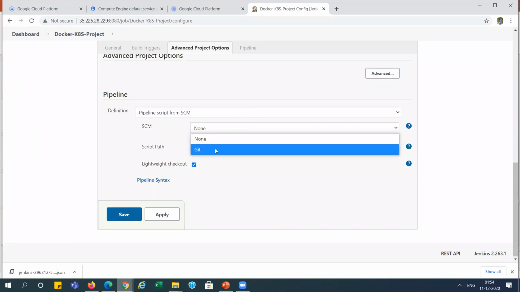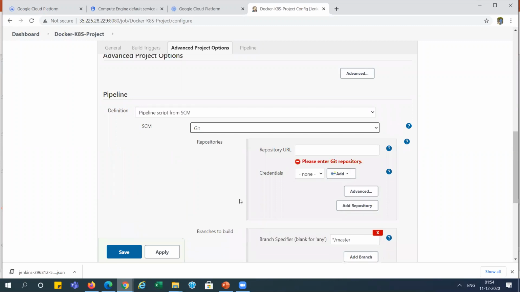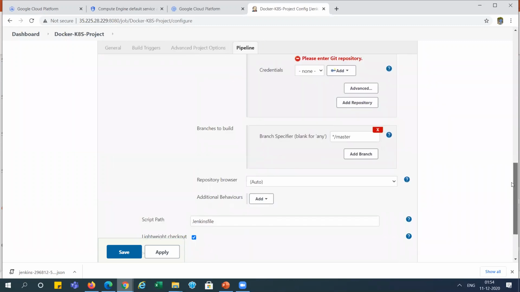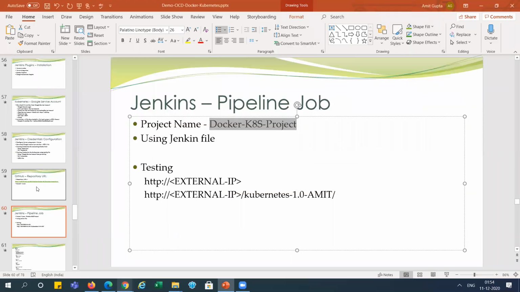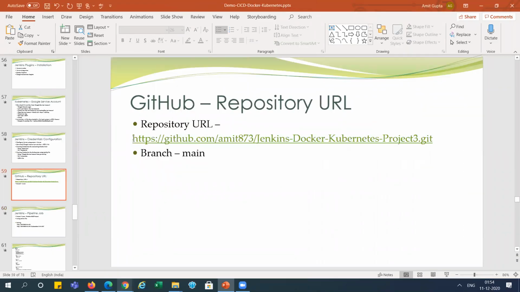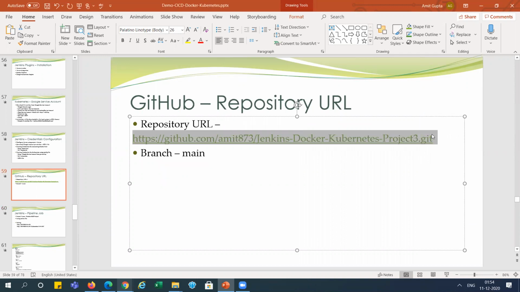And we will select the Git here. And we need to add the URL here, right? So what is the URL? GitHub. This URL, right? We need to use it.